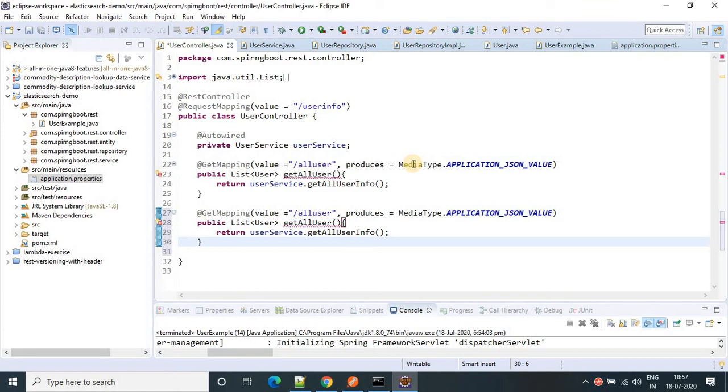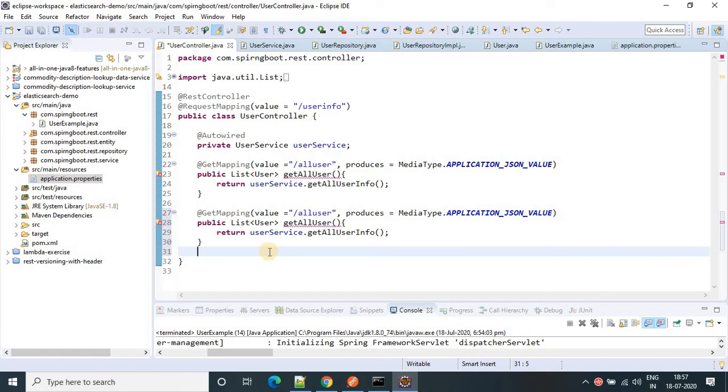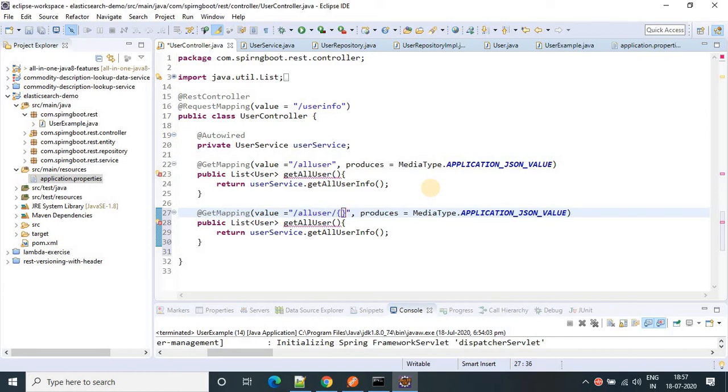Here I have to pass one parameter, and based on the parameter I am going to fetch the data. So the mapping will be, let's suppose, slash username. We'll provide one username and we will get the data. Let's suppose get user by name, and here take a path variable, String user name.